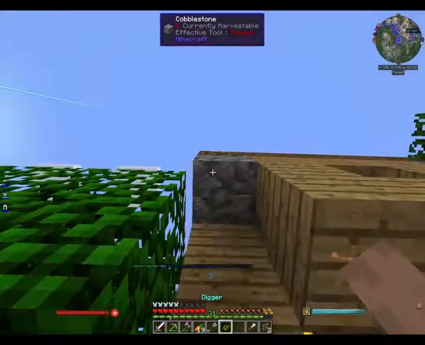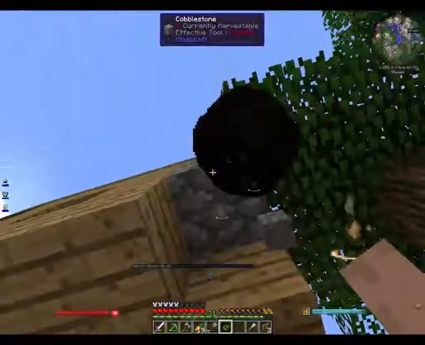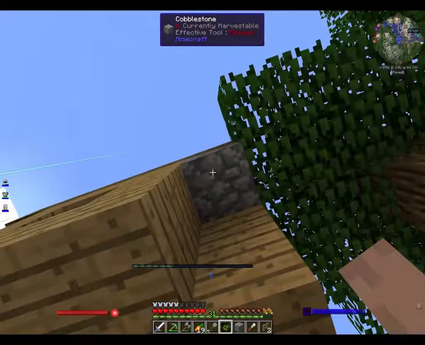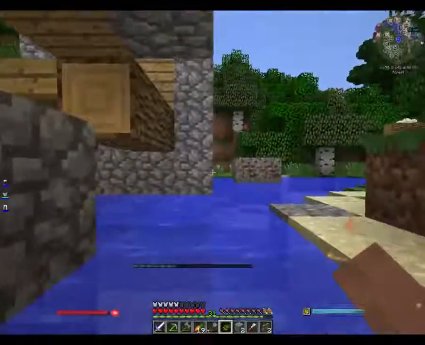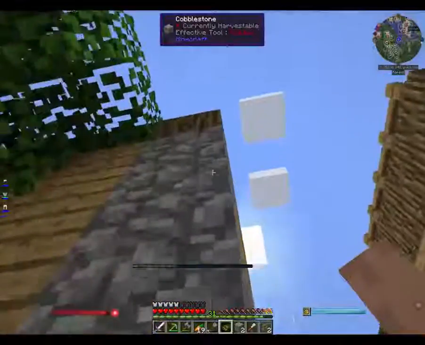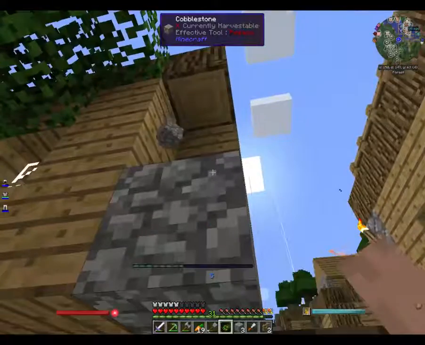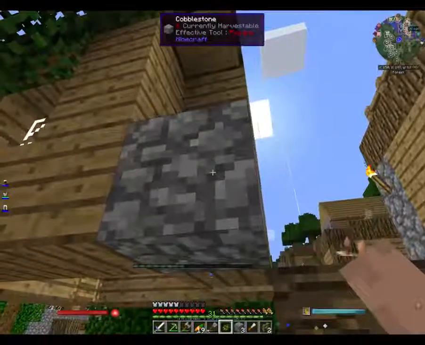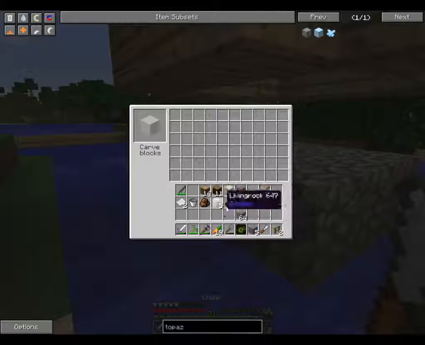So, fortunately, with the ranged spell, I don't have to be able to reach them, although having enough mana to actually hit them is kind of helpful. But again, the higher the... Right, so...